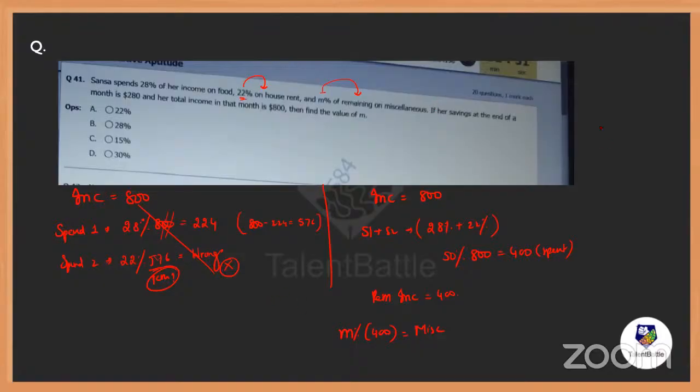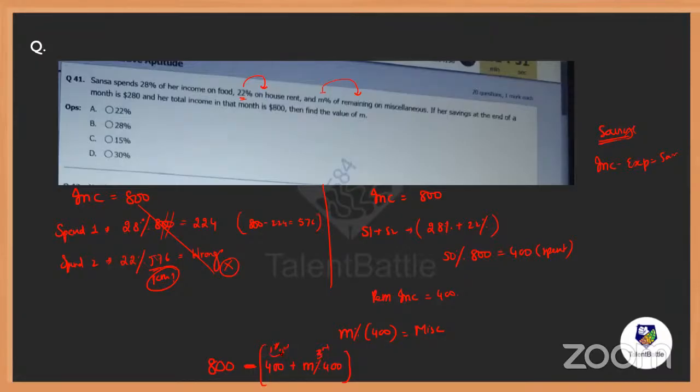Now, everybody, when can you say something is called savings? When income minus expenditure is nothing but savings. So can I say 800 is her income, minus her expenditure. What is her expenditure? First plus second expenditure is 400, and along with this, M percent of 400, the third expenditure.